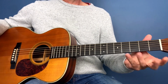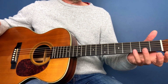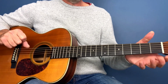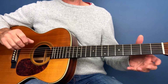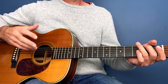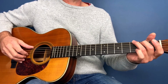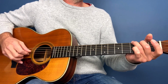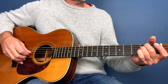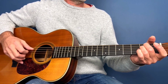So I'm sure you can kind of start to hear now the difference between when I'm putting the melody notes in and when I'm playing just random rhythm. So the thing to remember is obviously that the melody notes are important. Okay, so if we start hitting wrong notes within the melody, it's going to be noticed. But the beauty of the rhythm side of things is that as long as we are fretting the correct chord, we can pick anything. So for the G, for the E minor, for the C,